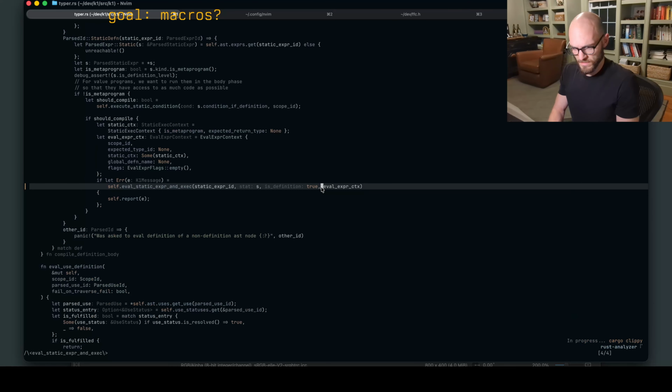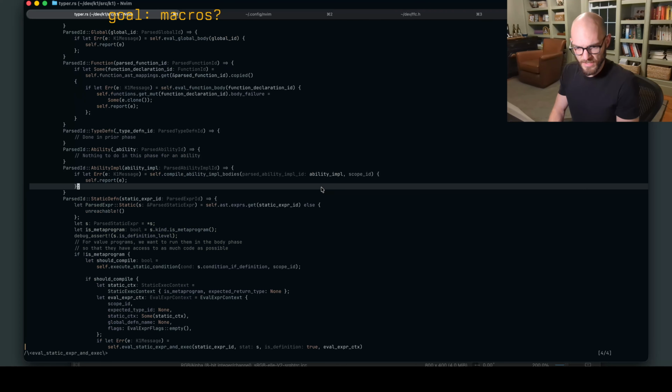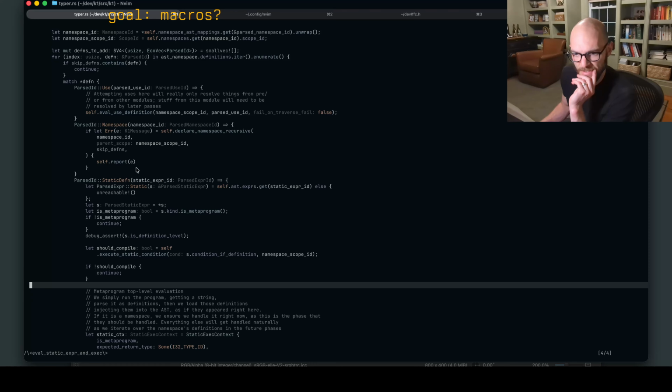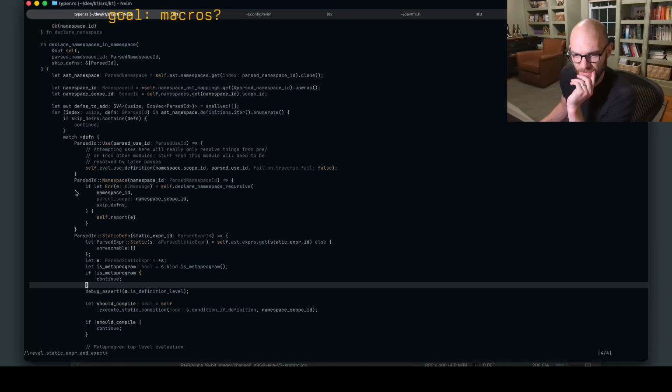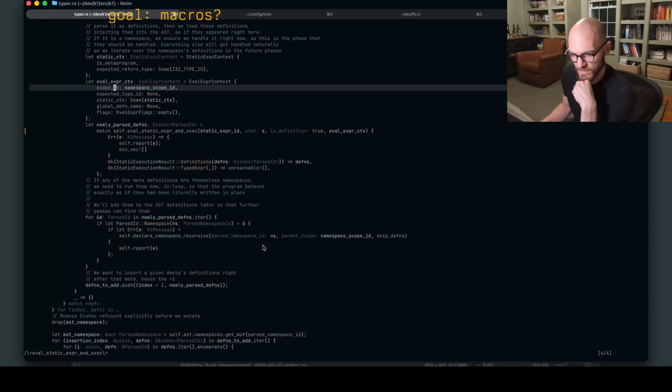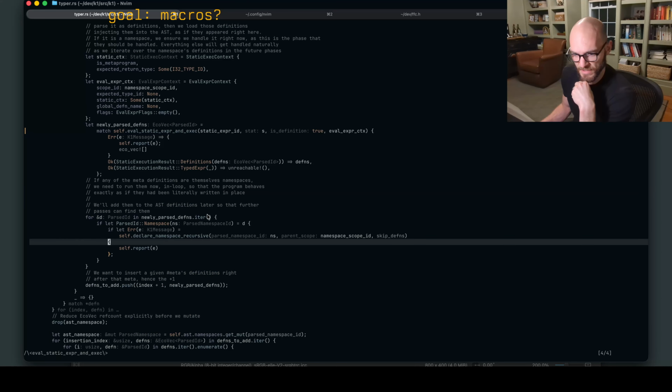So let's go back to the other one. Because they can appear inside, okay, this is a single definition. Oh, because there's a magic thing for declaring namespaces. We go ahead and we do them earlier, just because of what it's doing. It can make namespaces. So if it makes a namespace, we want to immediately run it.